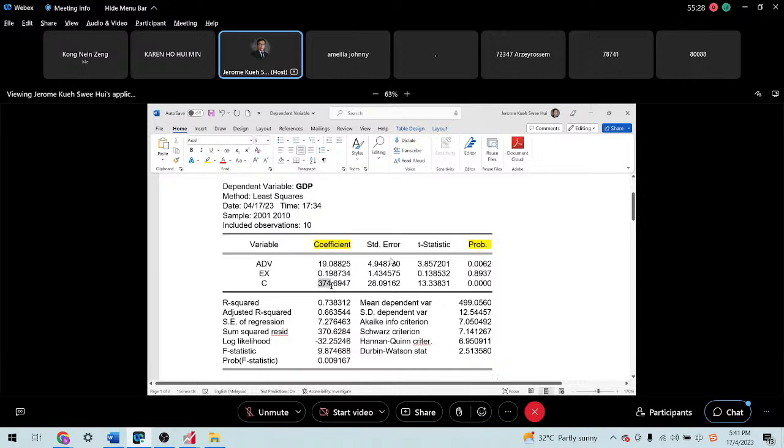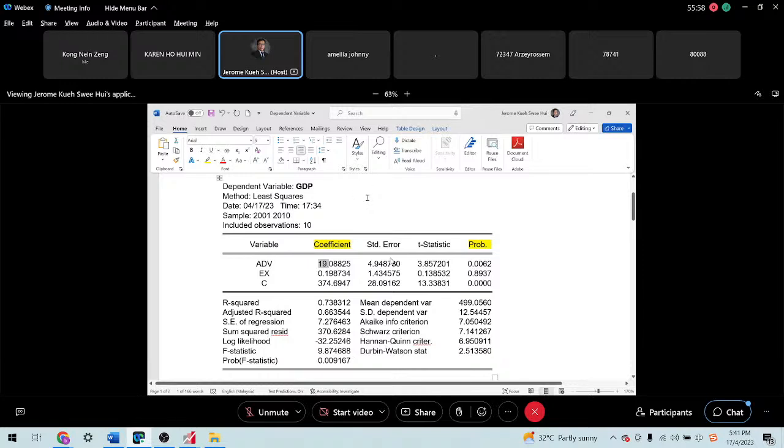You can see the constant value is 300 plus, but the other coefficients are small. Even for this EX export, the coefficient is small, 0.19. So that triggers a concern for us as researchers that we need to relook into the raw data. And one of the possible reasons contributing to these results is the different measurement units.